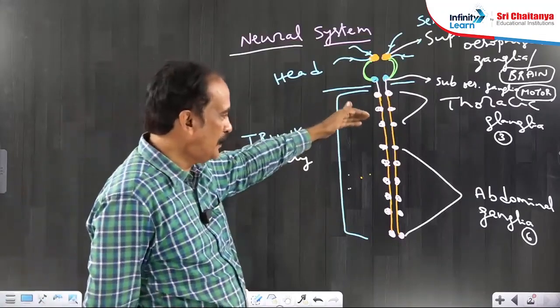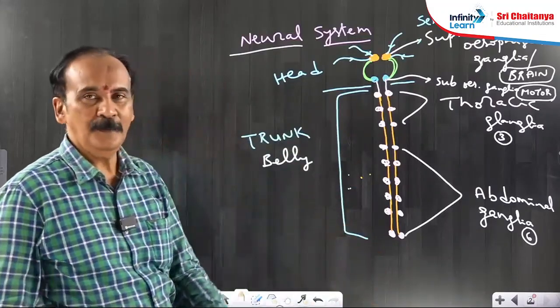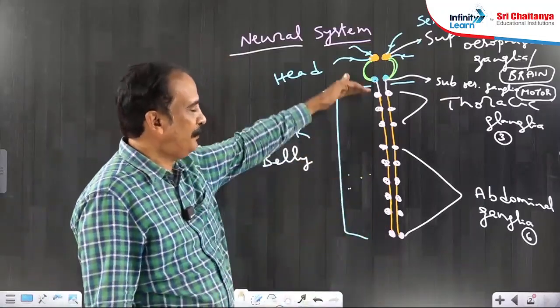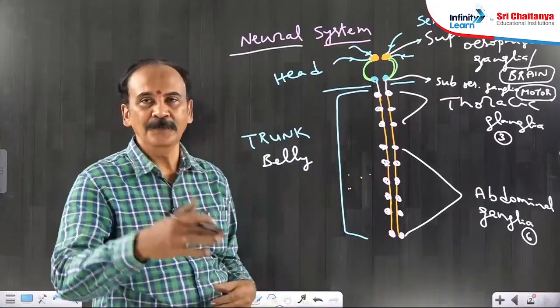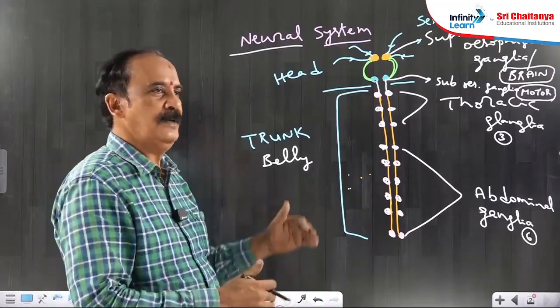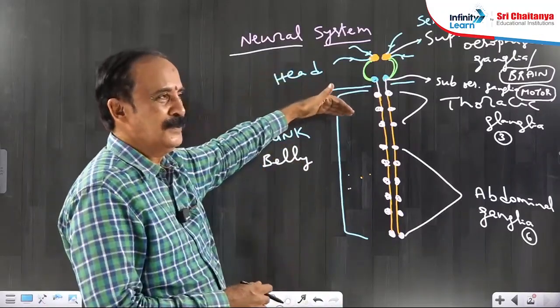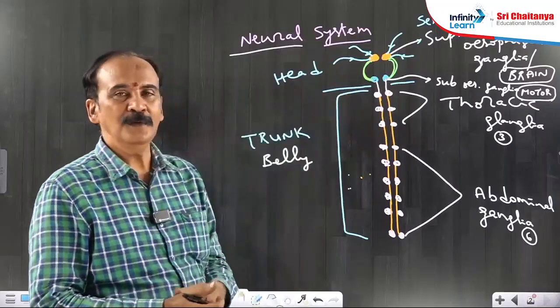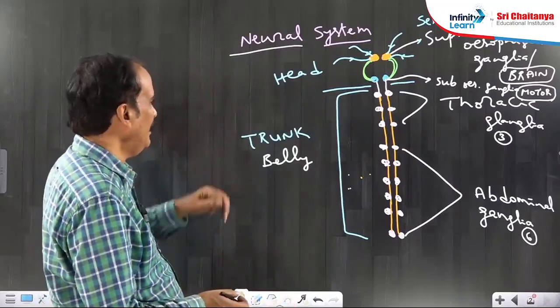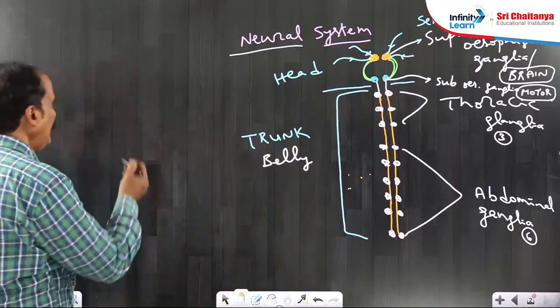So as most of the nervous system is there in the ventral part of the body or the belly of the animal, the animal can survive even if you remove or chop the head region, right? Even if you chop or cut the head, cockroach is able to live for around 1 week. And besides this double ventral nerve cord and brain, cockroach has